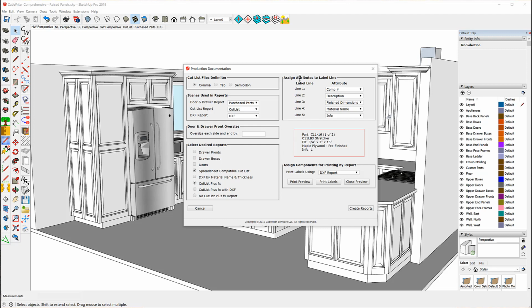On the label printing side, the first thing I need to do is assign what information I want on each line. There are 5 lines of printing in the label. And so I can assign whatever I want here. I'm going to assign the component number here. I'm going to assign the subassembly as the next one, or actually, I guess, the description. And I will assign finished dimensions